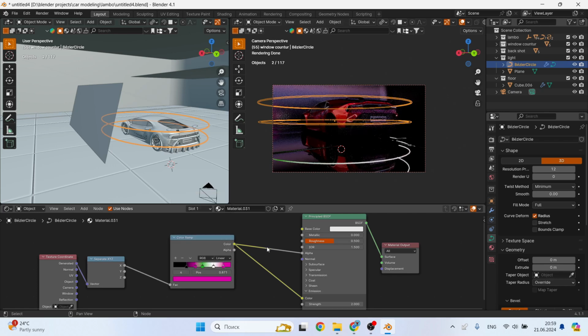Well, now we can add bright colors to this circle. Try moving them, see what suits you best. You can also add additional sliders with black color so that there are transparent places on the circle.